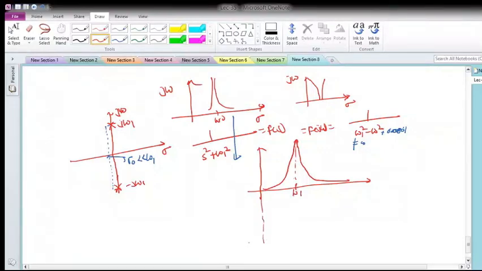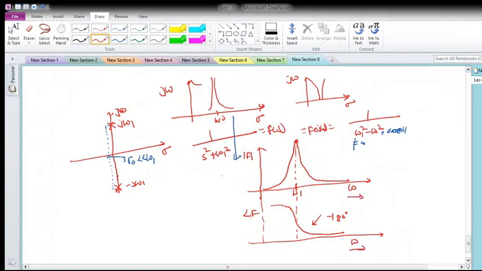Okay, if this is the case, then what about the phase? There will not be a sudden jump of minus 180 degree, but there will be approximately a phase jump of minus 180 degree, not exactly. So there will be an approximation of the minus 180 degree phase shift. This is the magnitude of f, this is the angle of f with respect to omega. This is for poles.